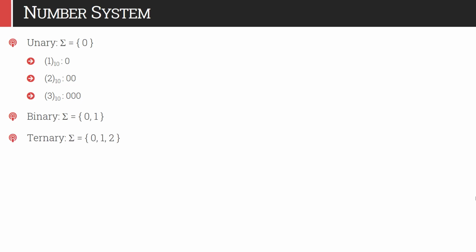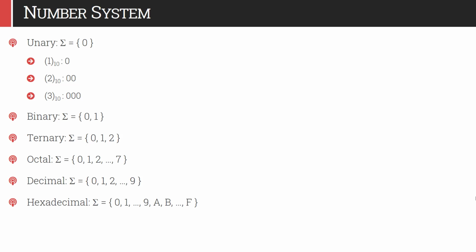In ternary number system, we have 3 numbers. In octal number system, we have 8 numbers. In decimal, we have 10. And in hexadecimal we have 16. So the base of number could be anything, maybe 2, 3, 4, 5 or anything. But mostly we will be preferring the decimal and the binary because decimals are convenient for human to understand and binary is interpreted well by the computer system. So in this particular tutorial, we will discuss few examples related to binary number and we will construct few DFA